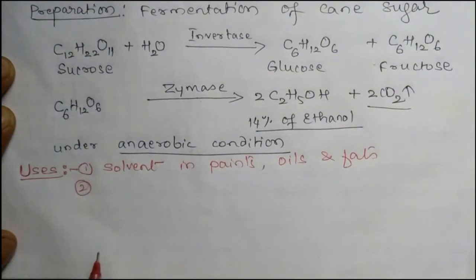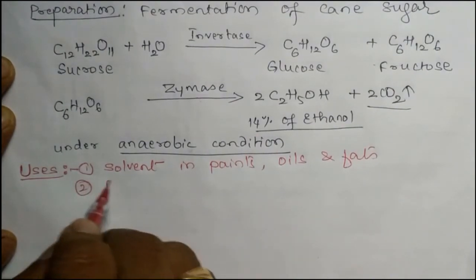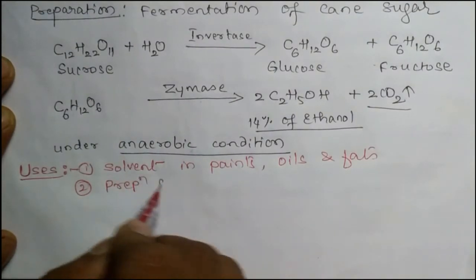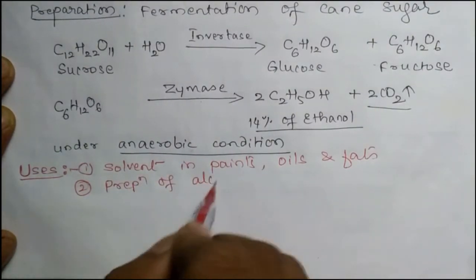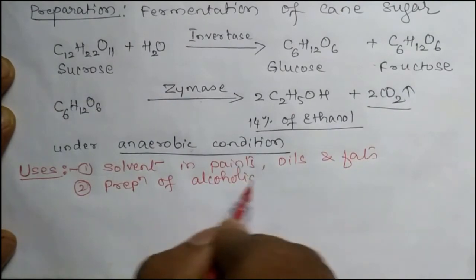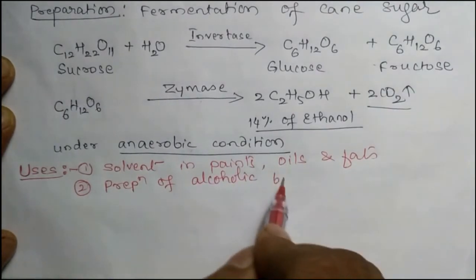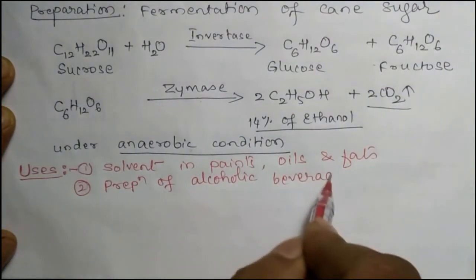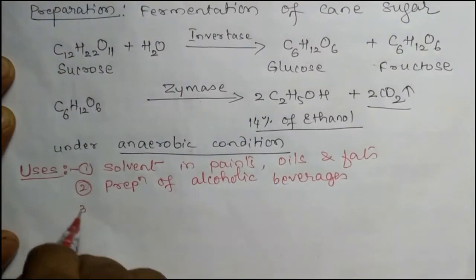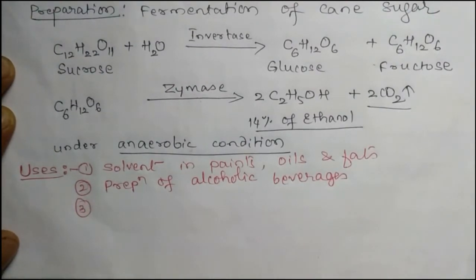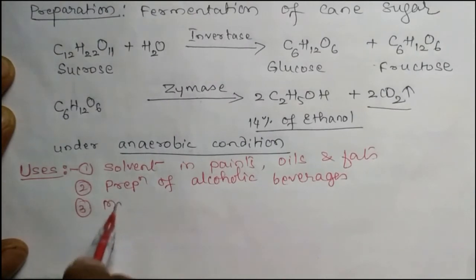Number 2, it is used in the preparation of alcoholic beverages. Number 3, it is used in the manufacture of compounds like